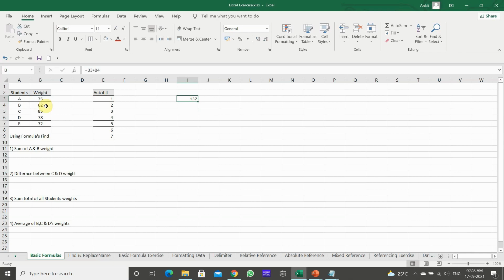If you want any mathematical function, put the equal to sign, and if you want to add any number, say 75, click here, it will take the number here, then plus, enter. Okay, similarly the subtraction can be done. If you want to do a 75 minus,